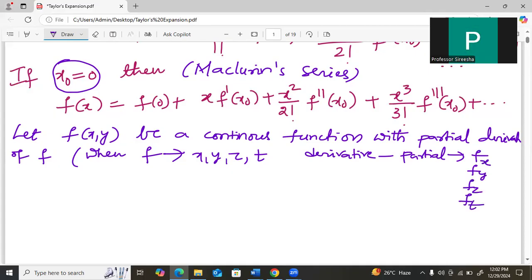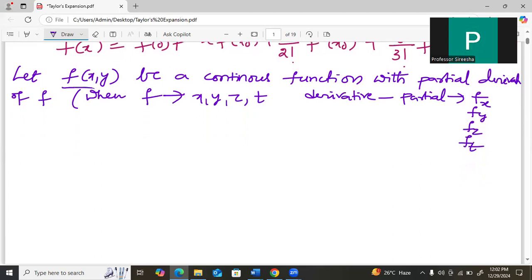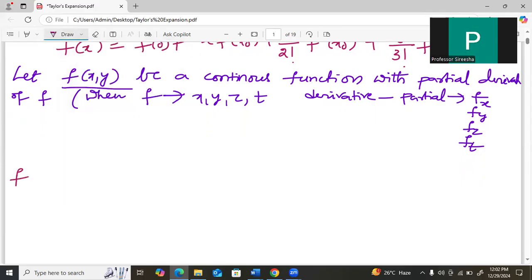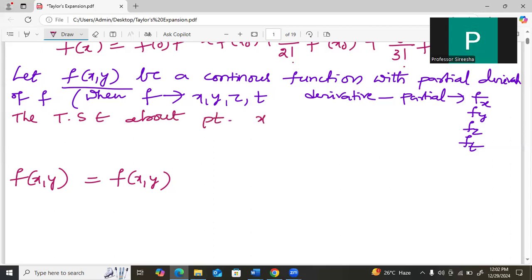Okay, so now, here I'm considering the function to be in two variables. Hence, I'll be writing the Taylor's expansion like this. Please have a look. It is just an extension. It will look something like this. Initially it is the function itself. Of course, I'll be considering a point. Now, the Taylor series expansion about point x naught y naught is given by